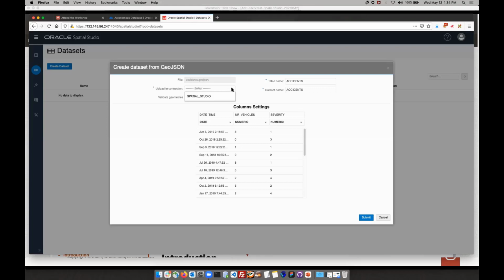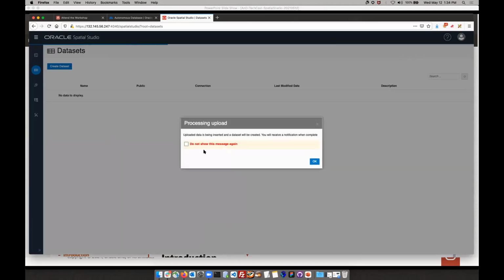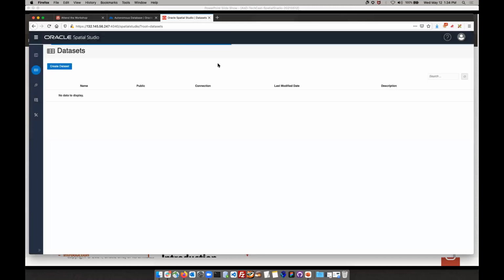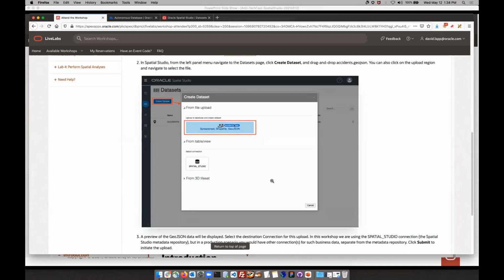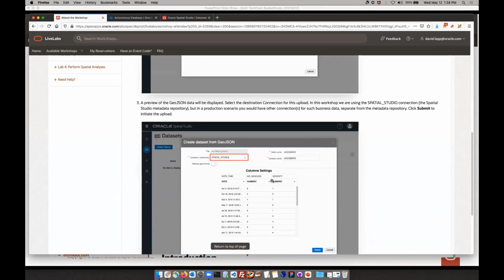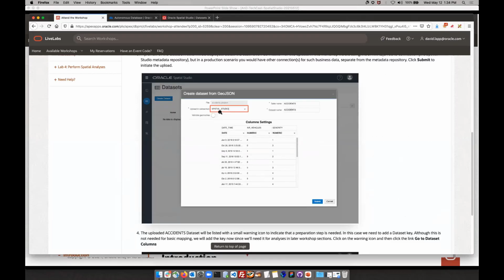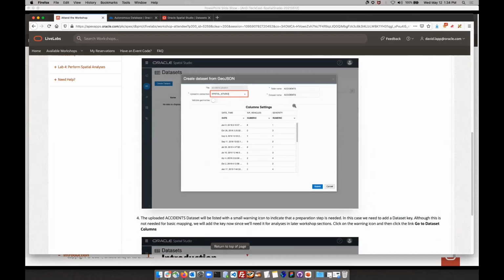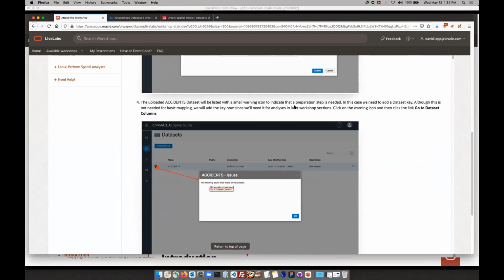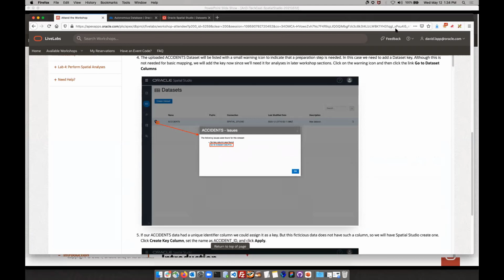maybe want to load data to, but you're just going to pick Spatial Studio, and you can leave the default table name and associated data set name alone. No need to validate in this case. So I'm going to submit, and I'm going to say I don't want to see that message again. So it's working away and loading. We could take a look here and see exactly what I just did. So we picked the Spatial Studio connection. I'm going to load that data. And then when it's done,